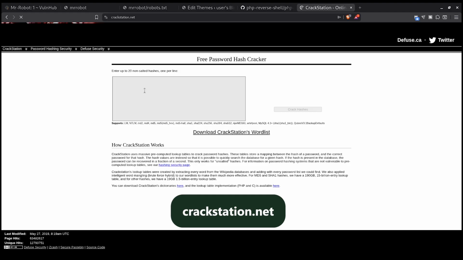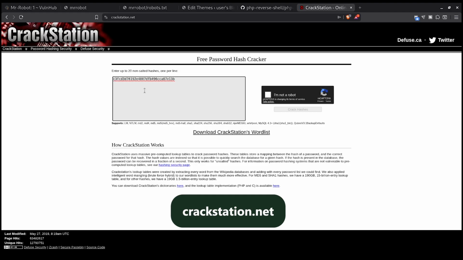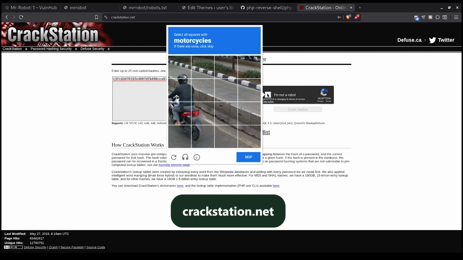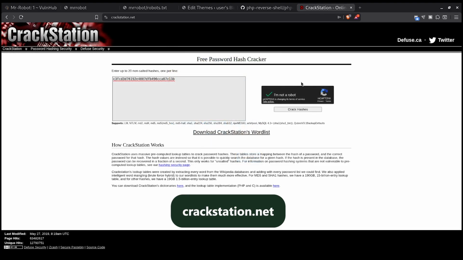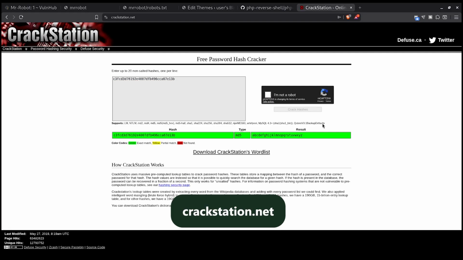The online tool that I'm going to use is the CrackStation online password hash cracker. Then I'll paste my hash there. I'll confirm that I'm not a robot. So after verifying I'm not a robot, I'm going to click crack hashes. And with that, you can see it was a very simple hash that it was able to crack. And this is the password, so I'm going to copy that. And